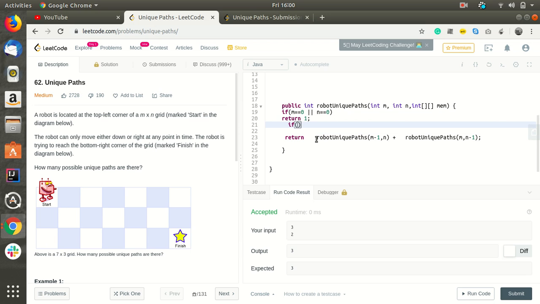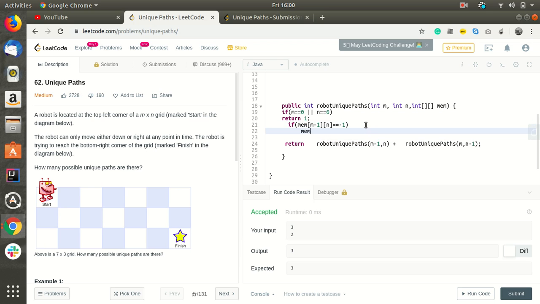If memory of m minus 1 and n equals -1, then only it will calculate. It will call this method and store the result, so mem of m minus 1 and n will be equal to this.